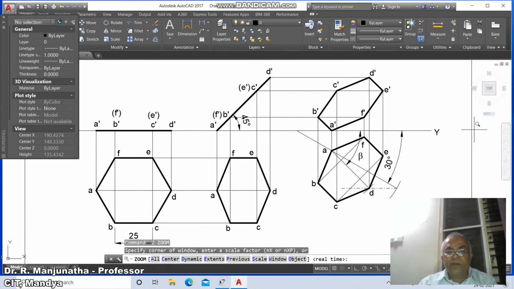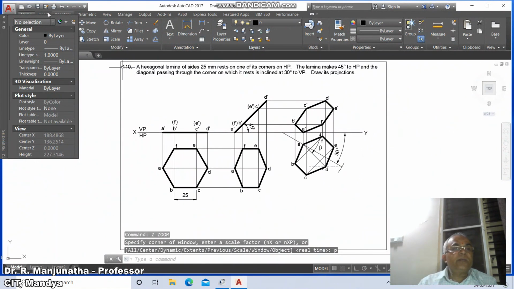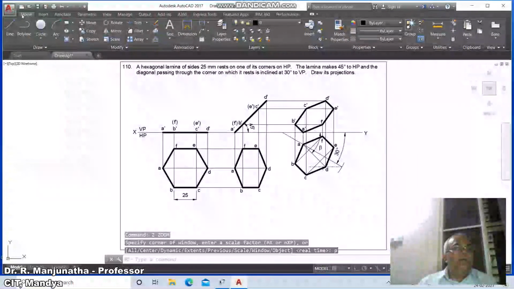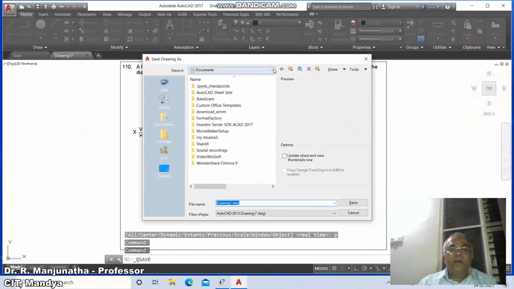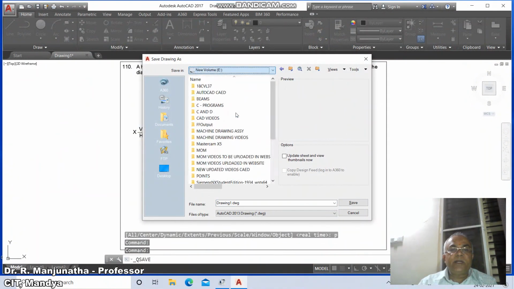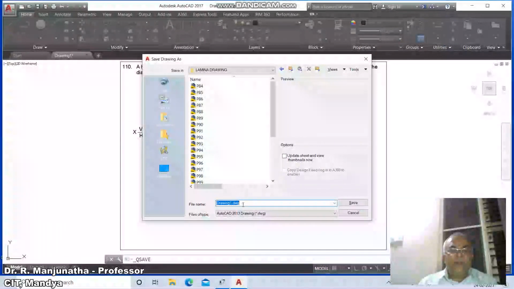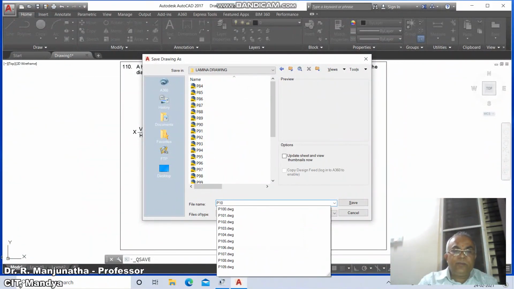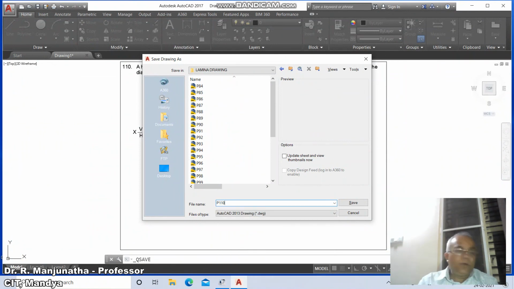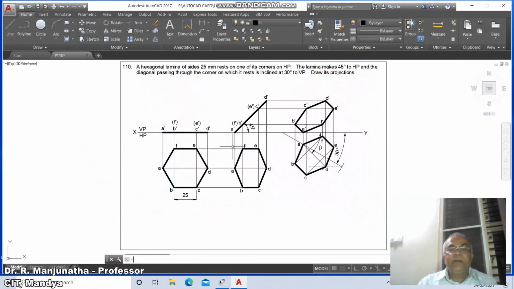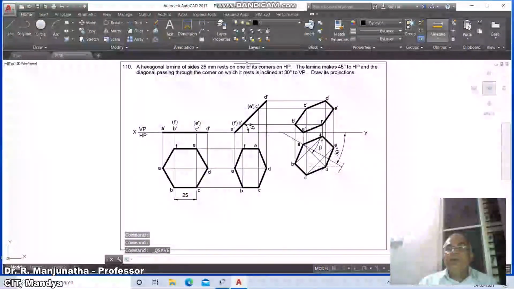And come down to zoom previous, then go to save, click on the appropriate directory, go to AutoCAD, Laminar drawing, and type P10110 and save it. Then finally you exit the